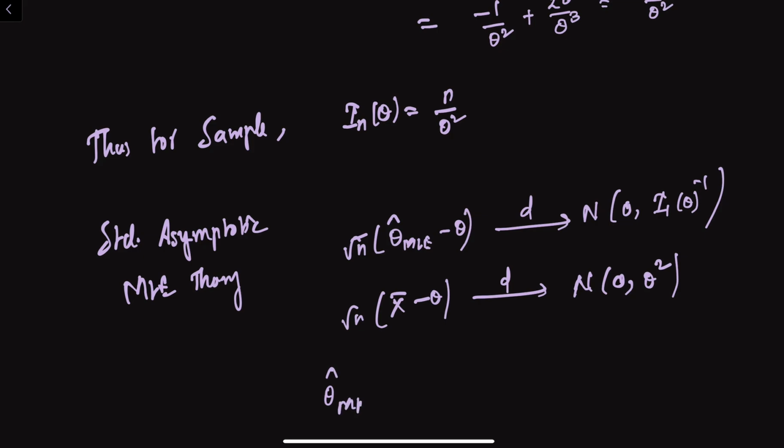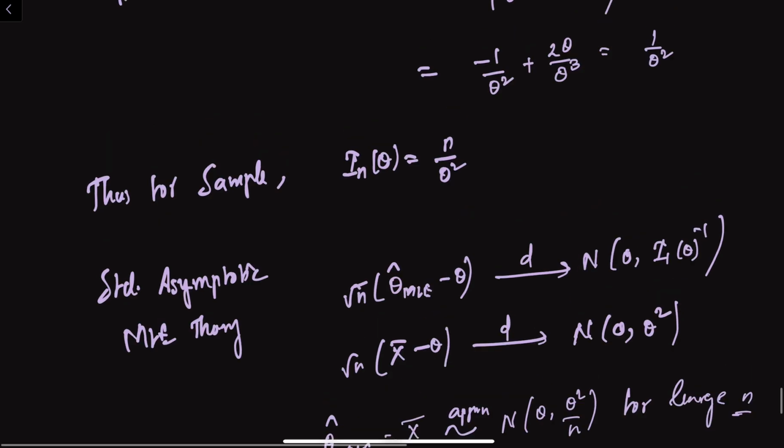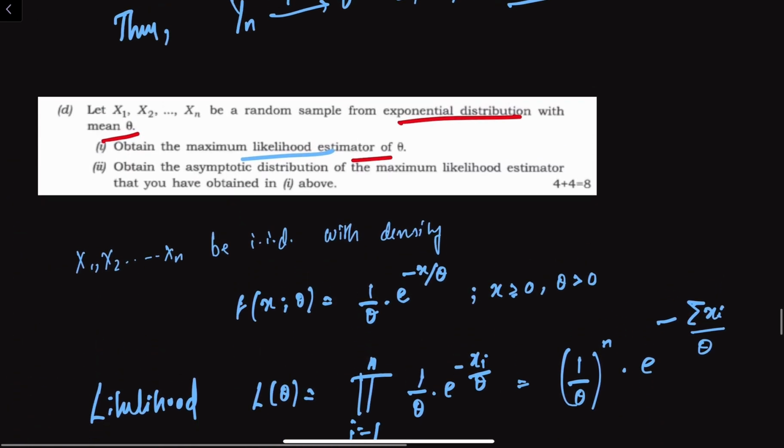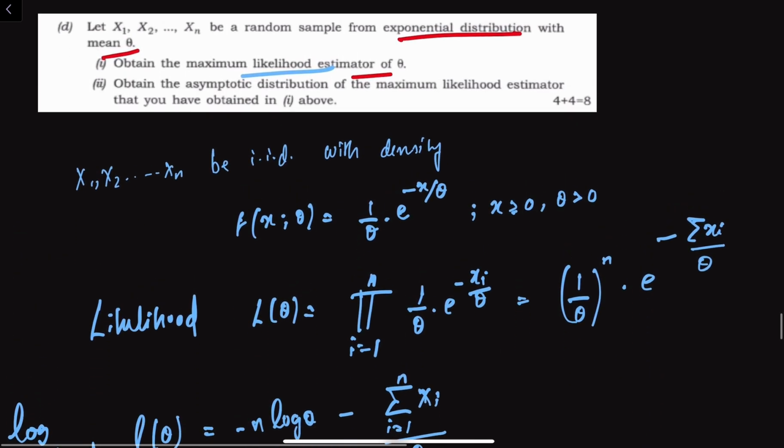So theta hat MLE, which is nothing but x bar, follows approximately normal theta comma theta square by n for large n. So that is the asymptotic distribution of this x bar. That's it for this video. We'll meet in the next